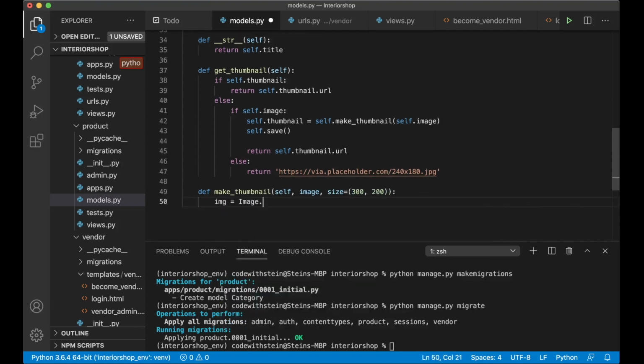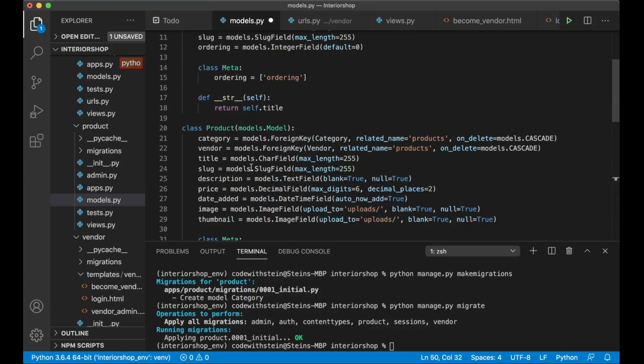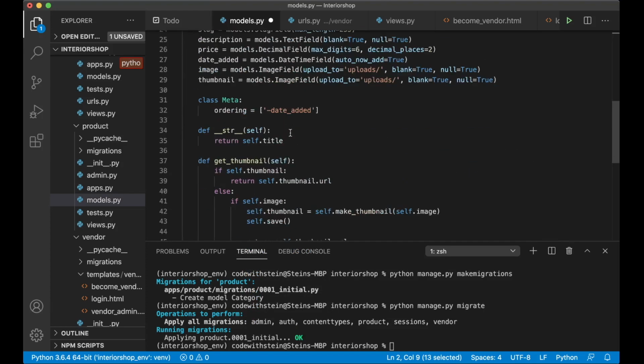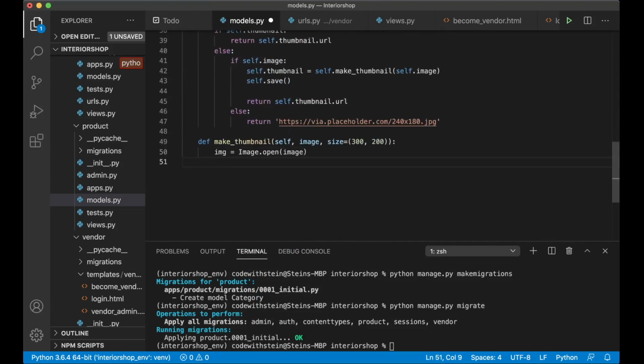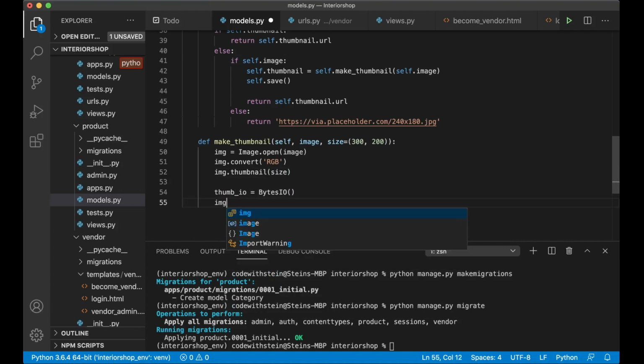img equals Image.open(image). So now we use Image, the function we imported up here, to create the image object. img.convert('RGB'), so now everything is correct. img.thumbnail, this is a built-in function from PIL, and then we just pass in the size. thumb_io equals BytesIO, create an instance of that. img.save, thumb_io,